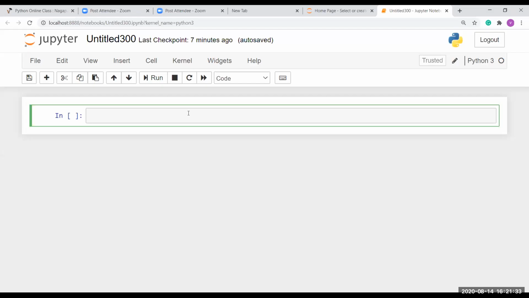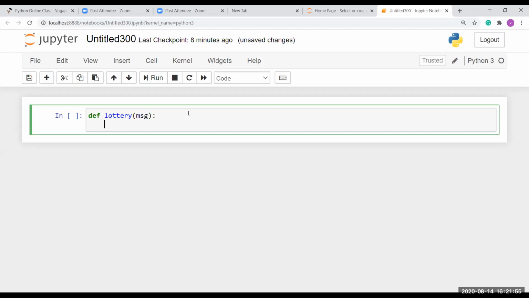First I'm going to create a simple function. def, sorry for that, and the function name is lottery. I'm going to pass some message here and return it.